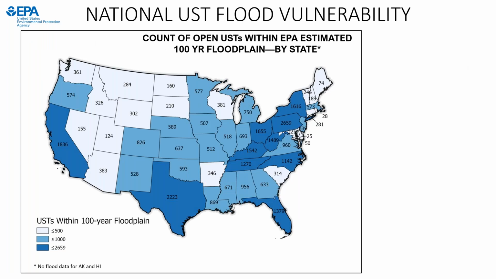And then if we want to look at this data by state, you can see the geography of the number of active USTs by state within a floodplain. You've got Texas and Pennsylvania and Florida and Ohio with a lot. So this gives you a sense of maybe risk or inundation of tanks.